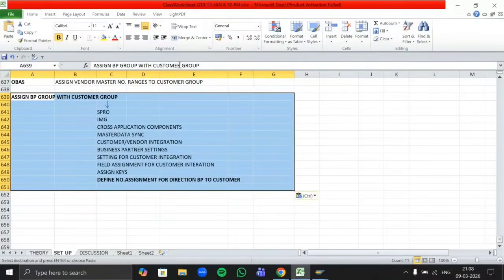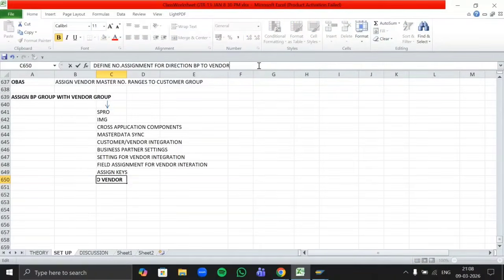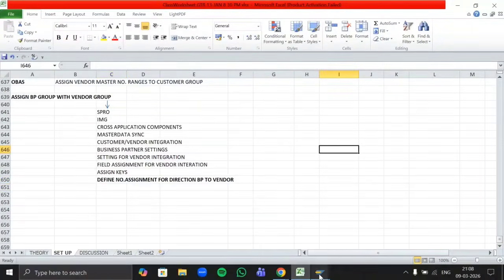Path is almost same. Okay, so let's follow the path.